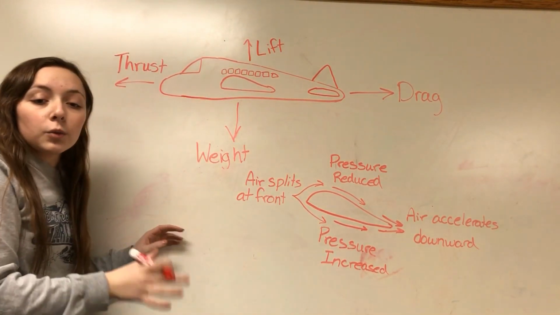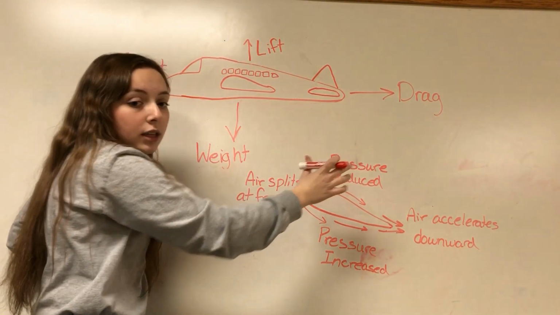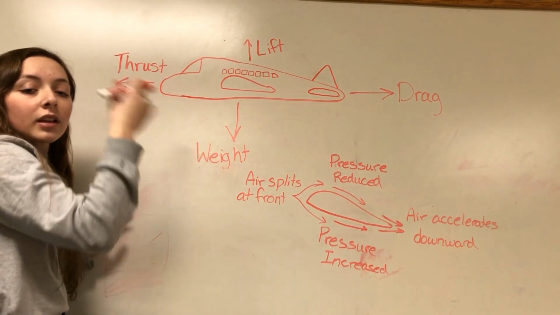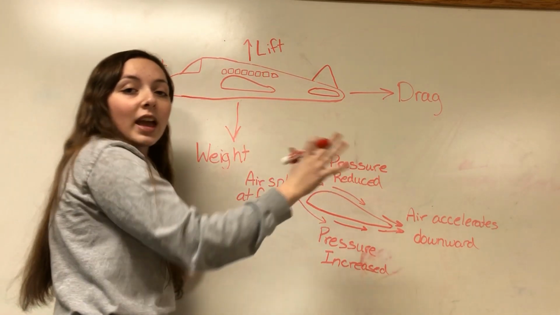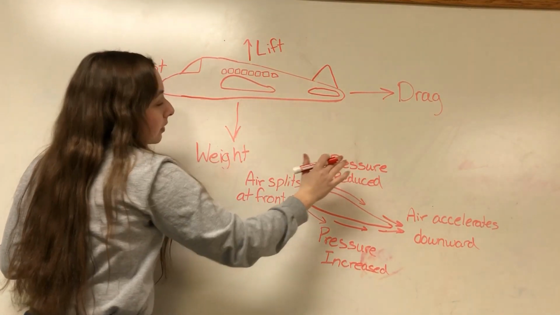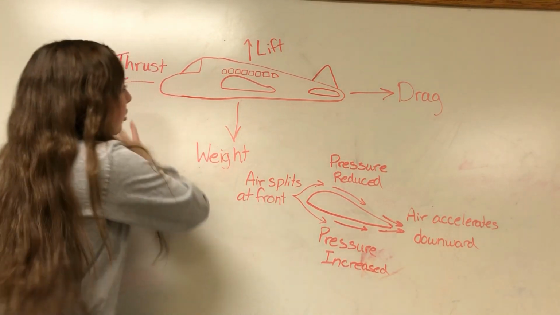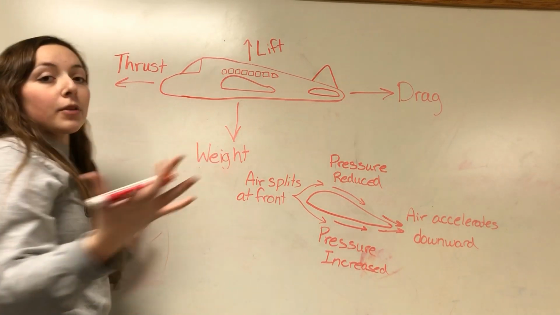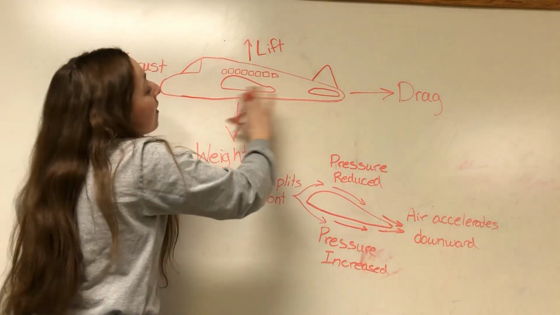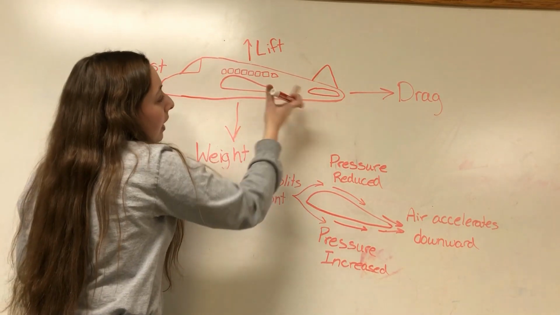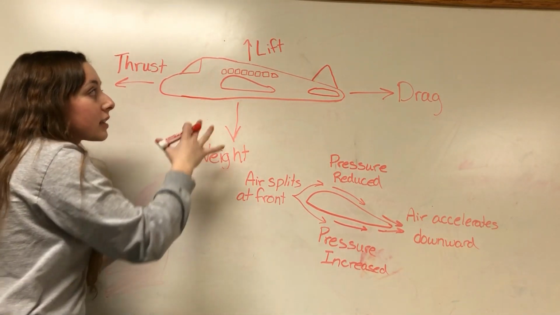These are form drag, which is generated by the shape of the aircraft and the airflow around the aircraft. Now, skin friction drag is the aerodynamic resistance due to the contact of moving air and the surface of the aircraft. And interference drag, which occurs when air currents meet and restrict the smooth airflow. For example, this happens when air flowing over the fuselage or the body of the plane meets the air flowing around the wing. Now, where these 2 meet, they form a completely new current that is different than the original